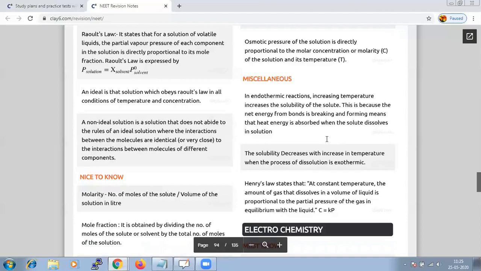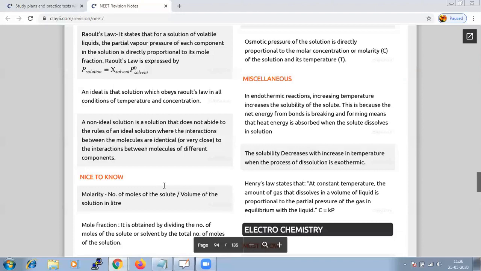So there are many important points in this chapter. As far as your exams are concerned, the important parts to focus on are concentration of the solution, Raoult's law, and osmosis. Many numericals come from this chapter based on the concept of concentration of the solution, or on the concept of osmosis. So do focus, and the precise, simplified notes are provided here. It is better you revise and then attempt the exam.